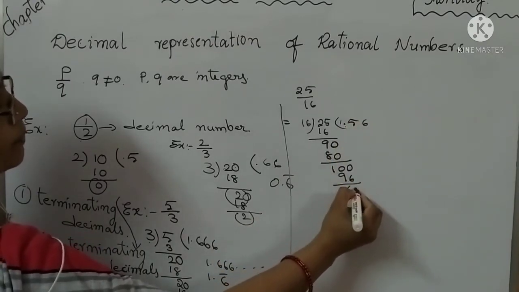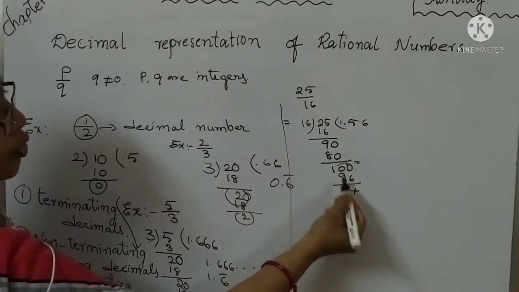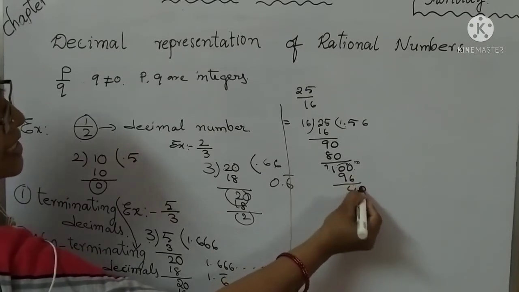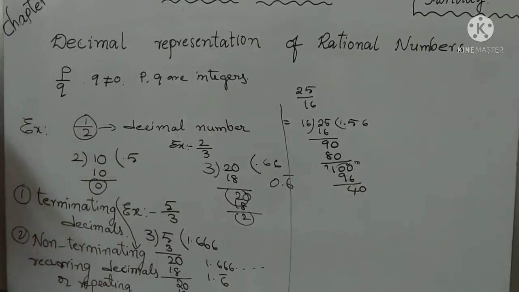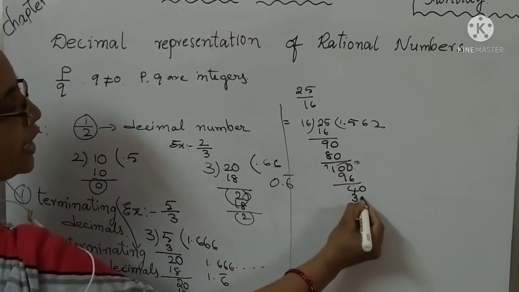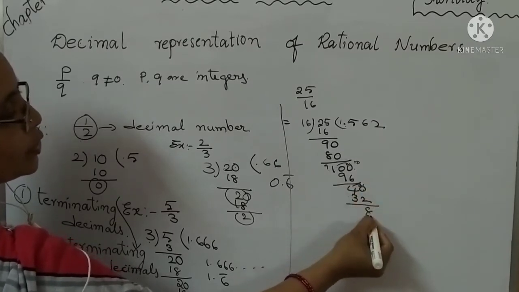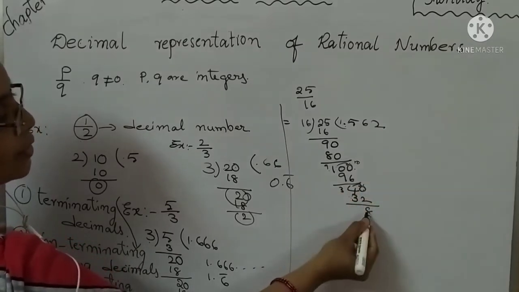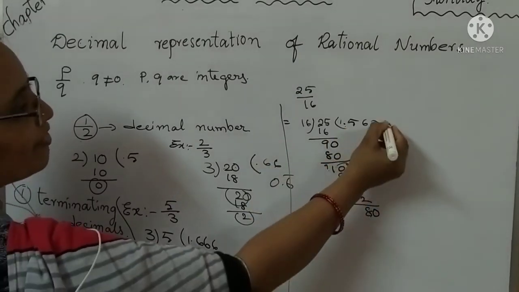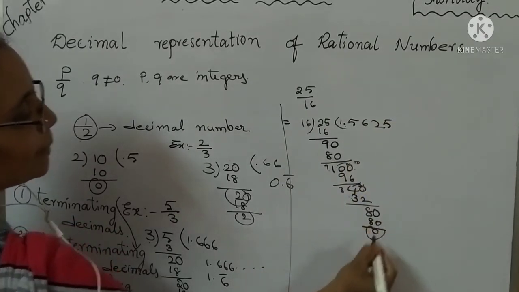We'll get the 4. So, here borrowing 10. 10 minus 6 is 4. Here 9 is there. 9 minus 9 is 0. So 4. Again take the 0. How many times is it possible? 16 ones are 16, 16 twos are 32. 2 times is possible. 32. Here borrowing 10. 10 minus 2 is 8. Here remaining 3. 3 minus 3 is 0. Already keep the point, take the 0. How many times is it possible? 5 times is possible. 16 fives are 80. So, here the remainder is 0.